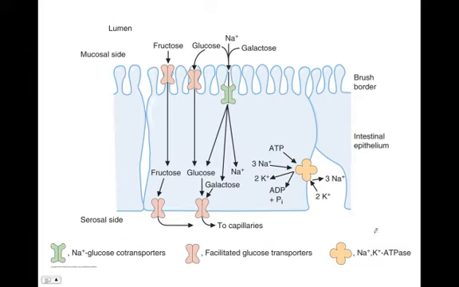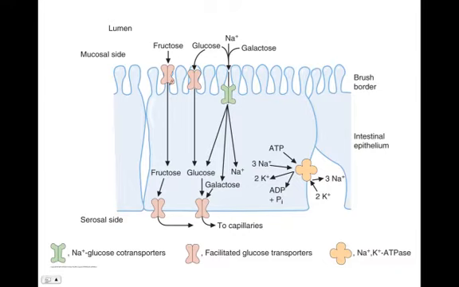So once the sugars are in their monomeric form, they're transported from the lumen to the capillaries via secondary active transport. And we reviewed this in Module 2, where sodium ATPase transporters in the intestinal epithelium generate a sodium gradient such that sodium from the lumen is transported with glucose down its concentration gradient into the enterocytes. Once inside, glucose is passively transported to the capillaries for distribution to the rest of the body.